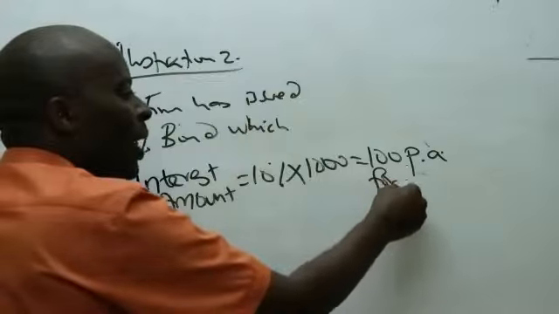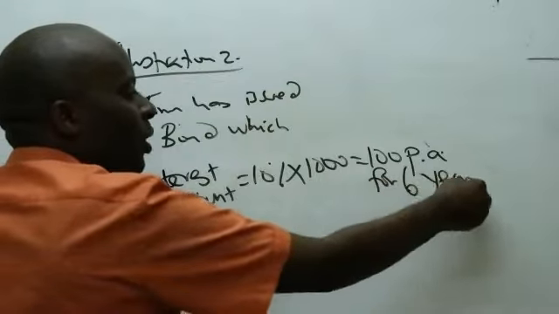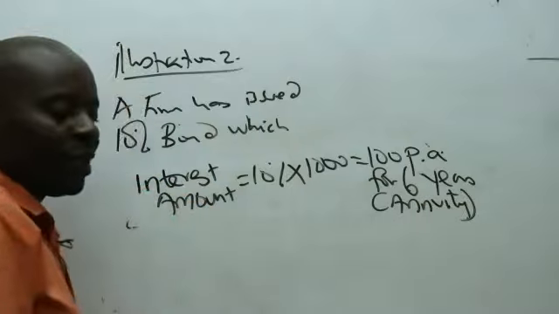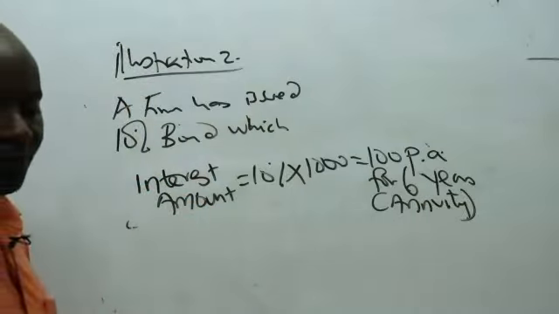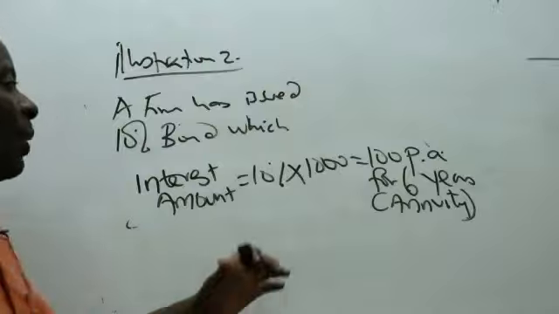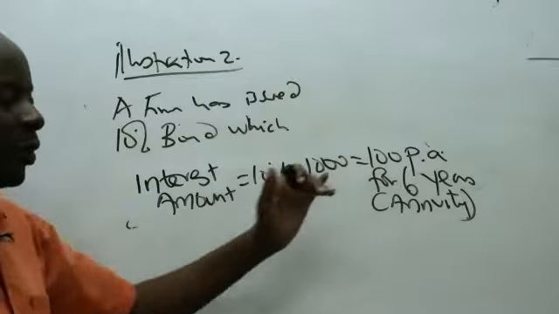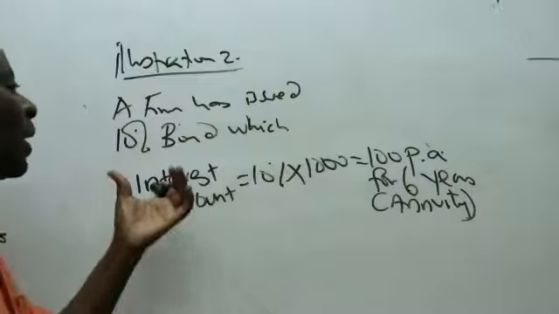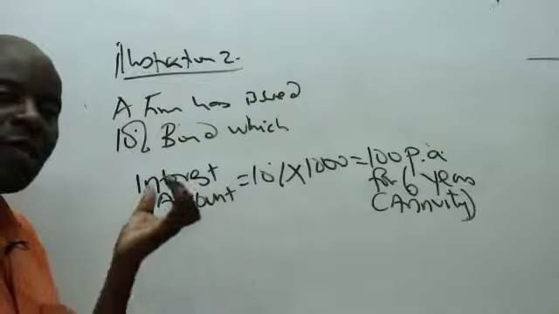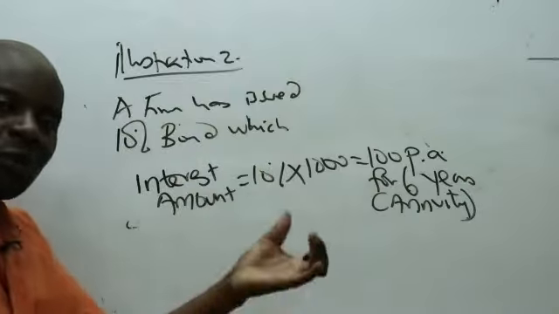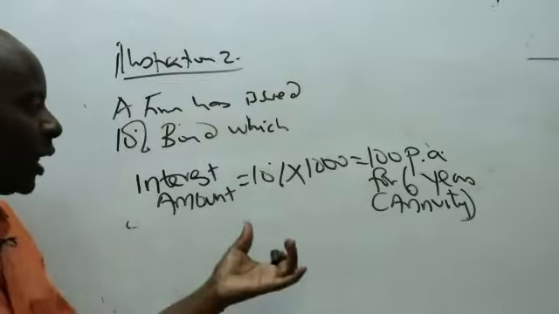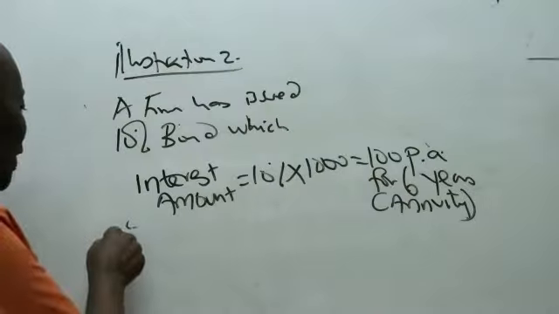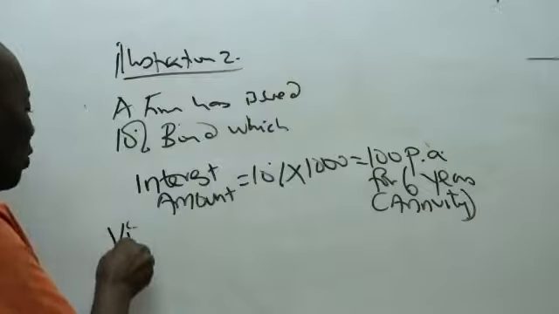Receivable for how many years? For 6 years. And we are saying that this is an annuity. So it means that for purposes of valuation, I'll discount this using PV factor. And then, of course, ladies and gentlemen, there is another lump sum amount, which is the redemption value. Redemption value will receive this at par.